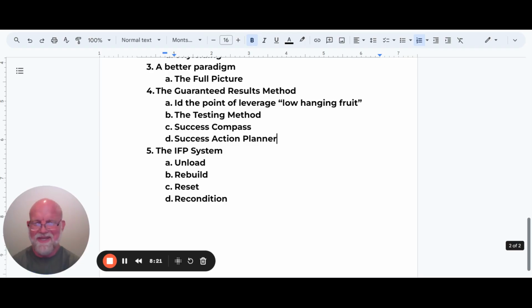And then if you want to go big, you want to do something elite for you or elite for the world, then reconditioning. So we have to take this body that's had this trauma and suffered this sort of impact. We have to unload that impact. We have to rebuild how things work together and reset this whole system. And then the next thing we do is recondition that thing so that you can take it out and do some high performance. There's not a ton of people that want to put in that kind of work, but if you do, I love it. Let's do it.